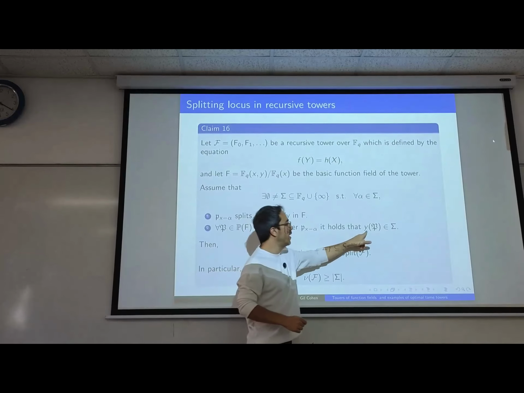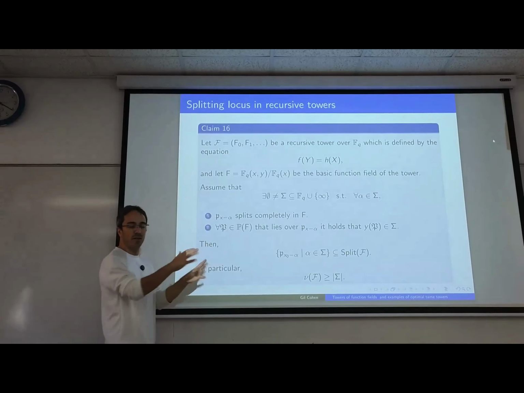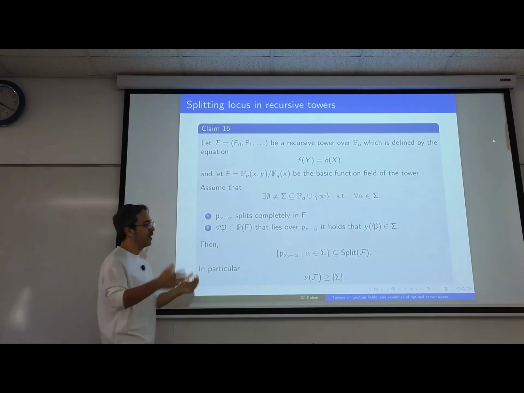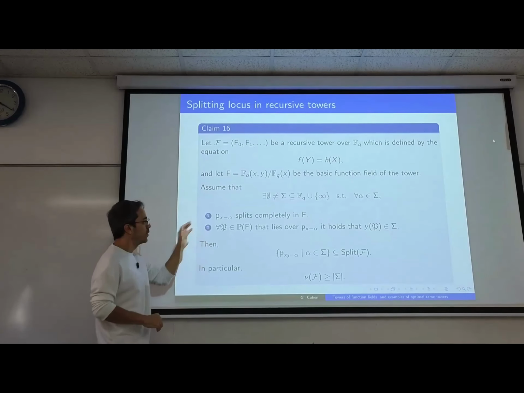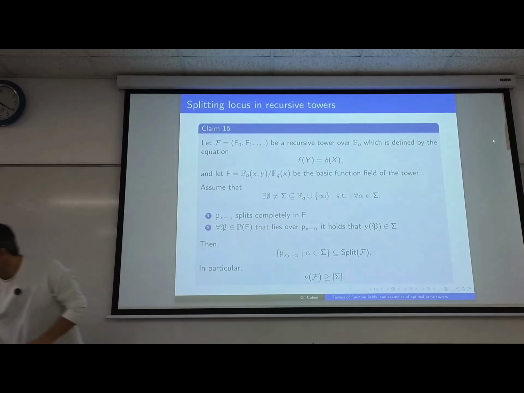Then when you evaluate your new variable at that place, you're going to get an element in Fq, or infinity if you extend your arithmetic. Don't worry about that too much. If that also belongs to sigma, then